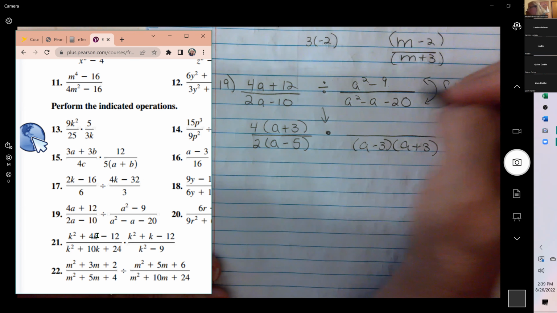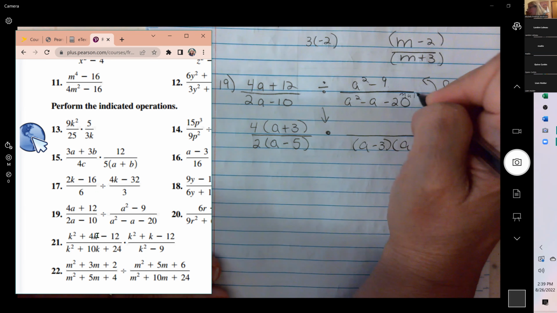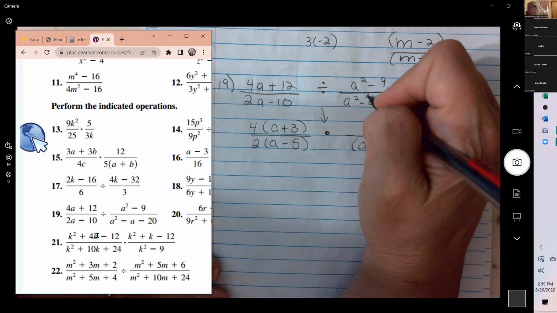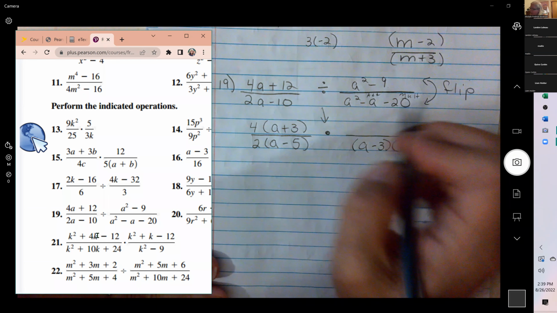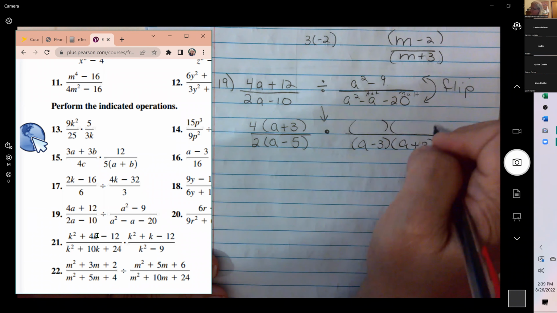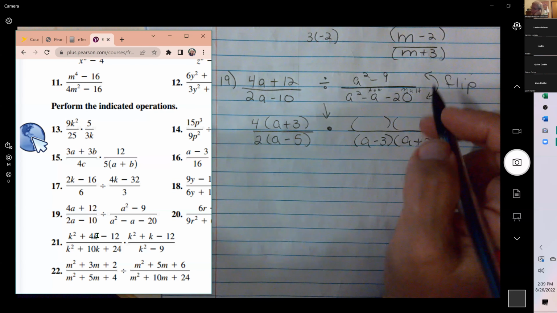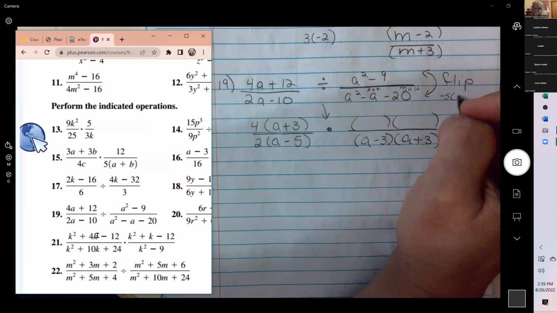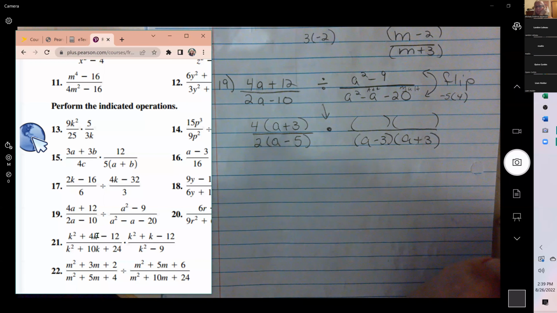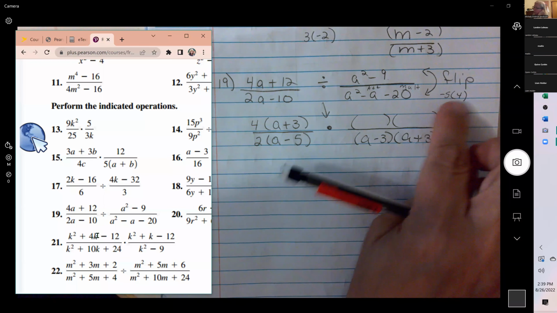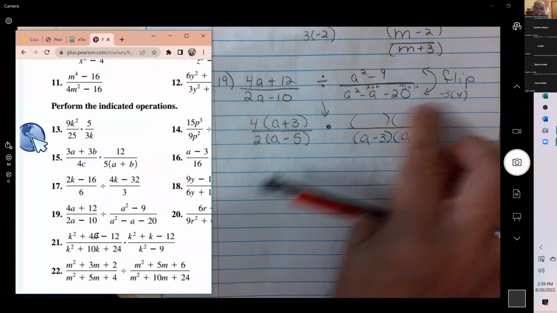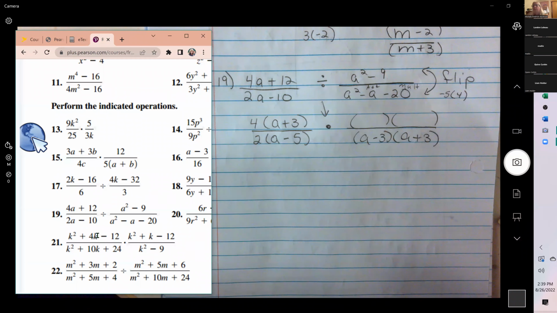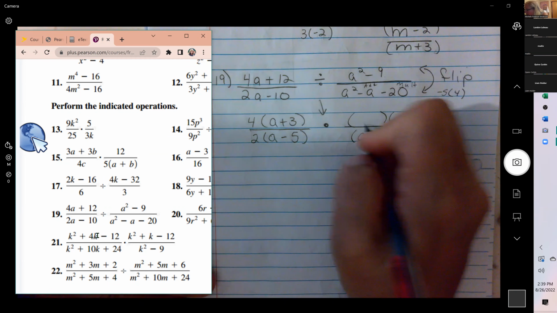Two numbers that when we multiply, we get a negative 20, and when we add, we get negative 1. Negative 5 and a positive 4. Negative 5 times 4 is the negative 20. Add them and we get the negative 1. So a minus 5